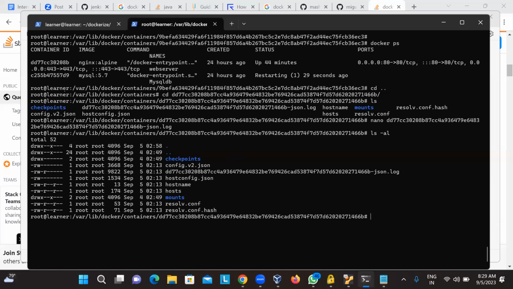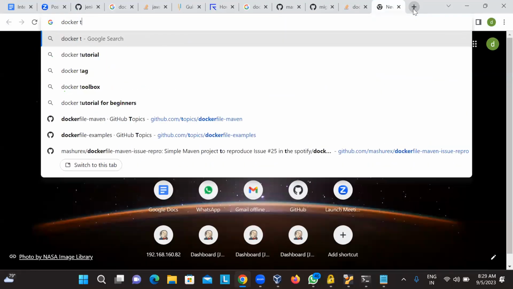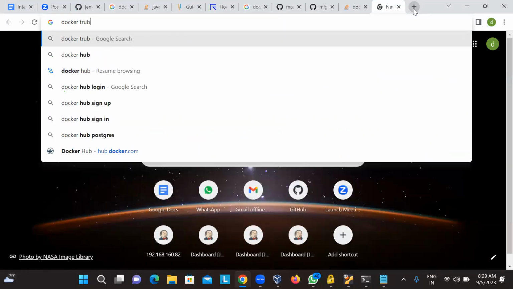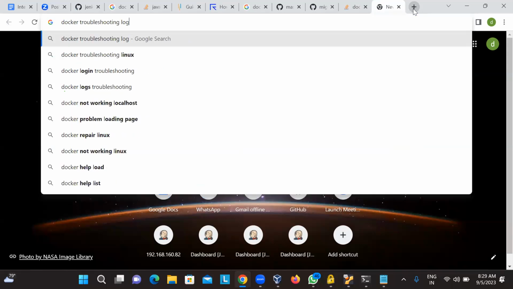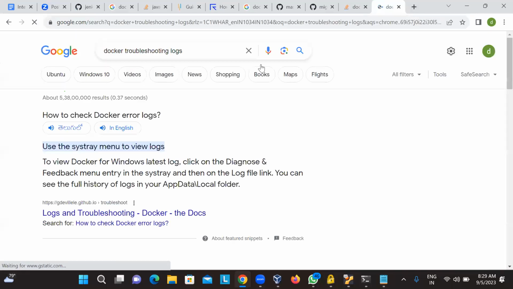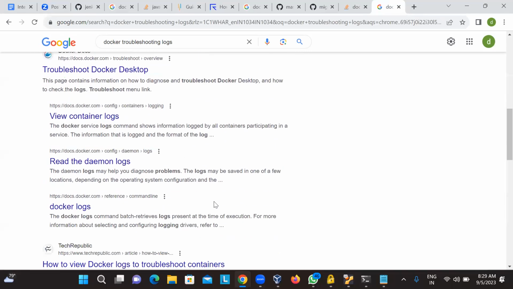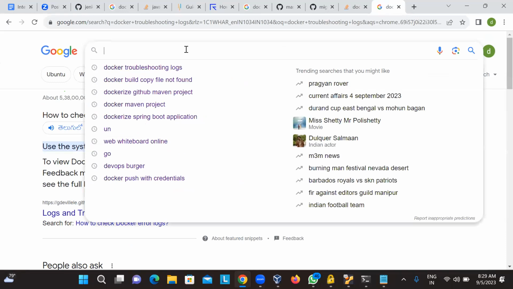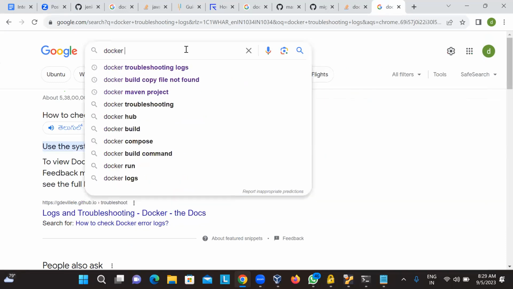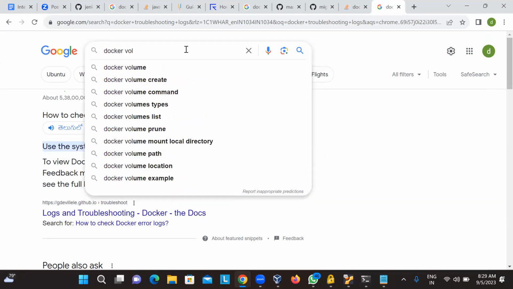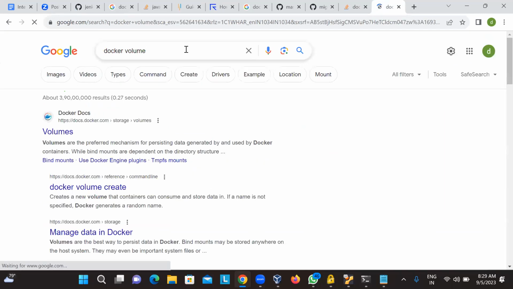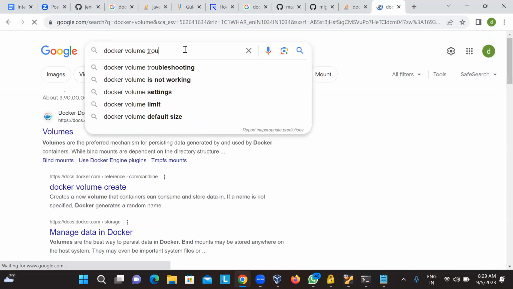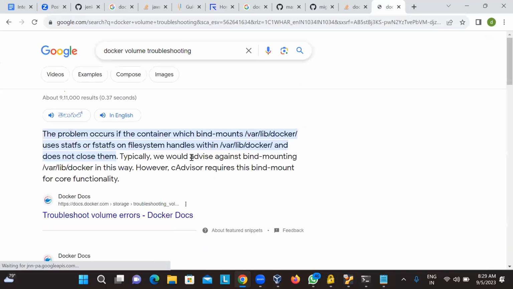Another one is troubleshooting logs. I mean, docker logs. One thing is docker... this is another thing we would be getting. So meaning,